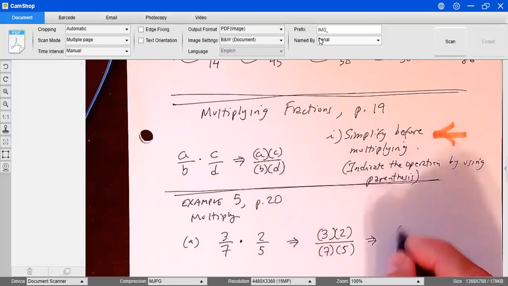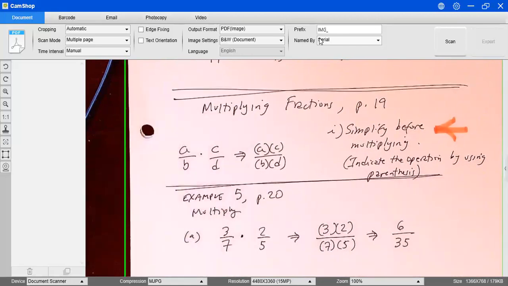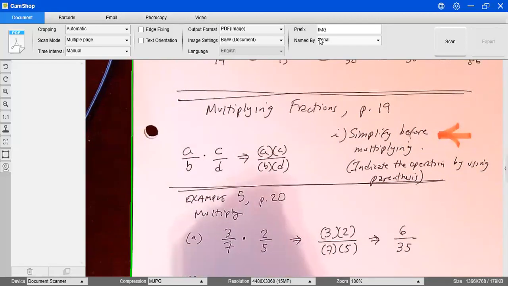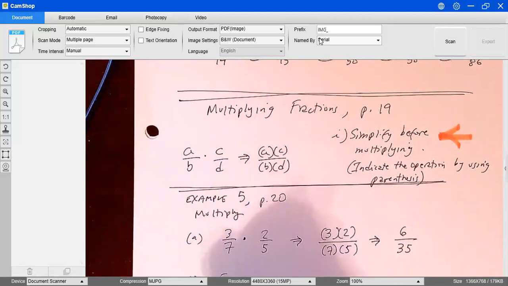So 3 times 2 is going to be 6. 7 times 5 is going to be 35. So nothing beyond that. So now we're going to work part B. And on part B, we have 5 that multiplies